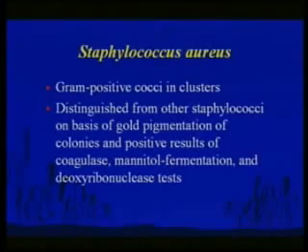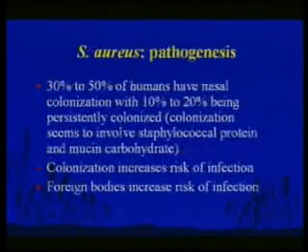Gram-positive cocci in clusters and Staphylococcus aureus. Old terms: Staphylococcus aureus, meaning golden yellow colonies on a plate. Staphylococcus albus, meaning white colonies on a plate, which is now essentially synonymous with coagulase-negative staphylococci, especially Staph epidermidis. And then Staphylococcus citreus, or lemon yellow, was a hedge for ones that are sort of in between. But Staph aureus is a term that you'll see in the literature today, Staphylococcus aureus. And staph